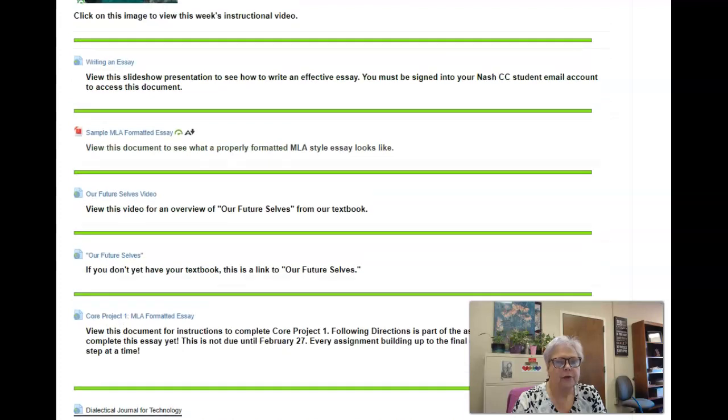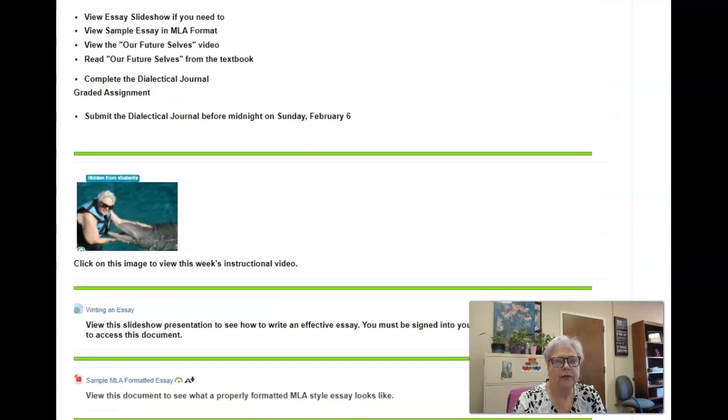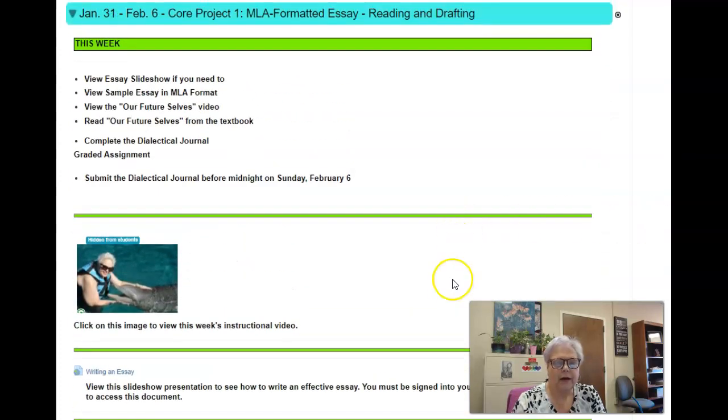So we're just getting started. We're just getting ready to get our ideas together. And so work on that this week. Next week, we will start drafting the essay. We'll start looking at what needs to go into an introduction paragraph, what needs to go into body paragraphs, what needs to go into a conclusion paragraph. And we'll continue to read and draft. And then the following week,